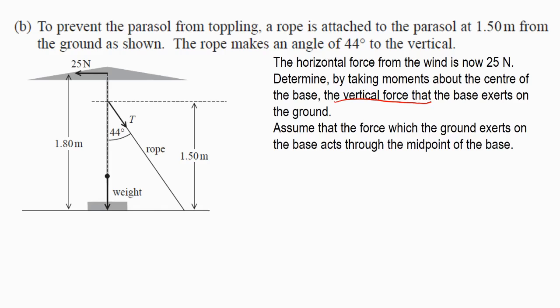Now we have to analyze this system. What are the forces acting on this system? First one, the weight of the parcel, which always acts through the center of gravity. The center of gravity is just the midpoint of the base. So the weight is acting through the midpoint of the base. Then the second force is the wind force. Then the third one is